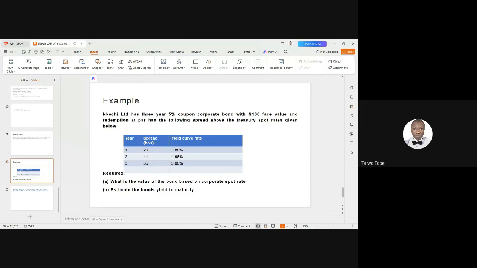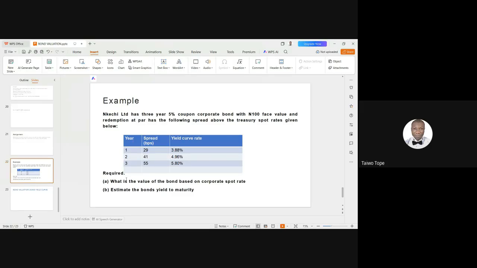So now, looking at this question, I'm bringing up this kind of question because I know when some people see BPS, spread, yield coverage, all these things, they'll say, what is this again? I don't want you to say, what is this again? It's what you can know, and it's what you will know by the grace of God. So now, the question is saying that